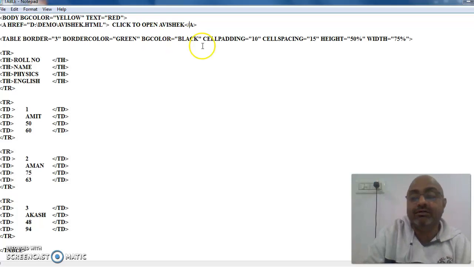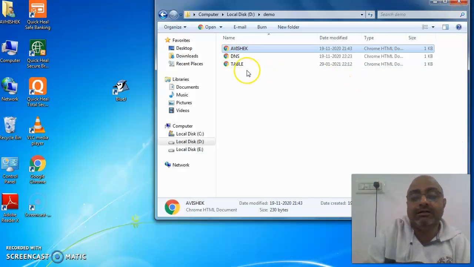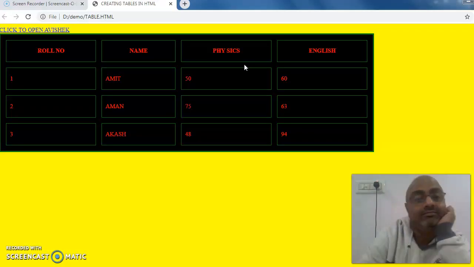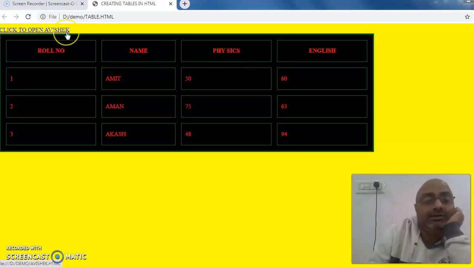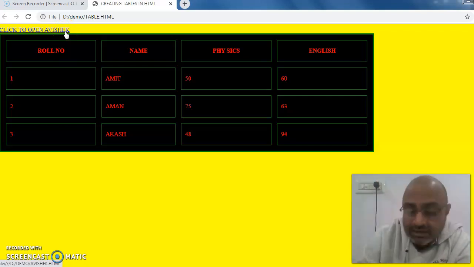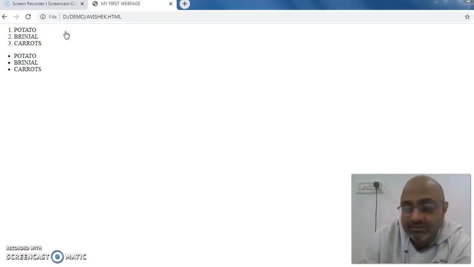Now I save it and I double click on this table form. Now notice, children, can you see this statement here? Click to open Abhishek. The moment I take my mouse pointer here, it becomes a pointed finger, and when I click on this, the other page opens. So this is how you link pages.